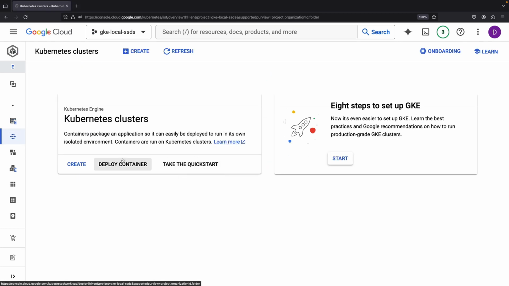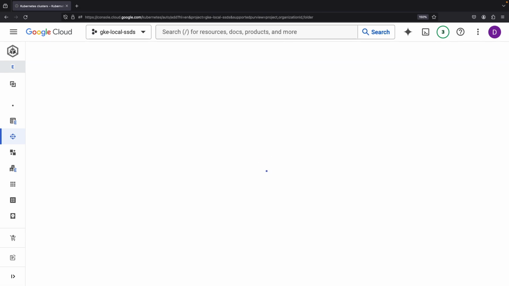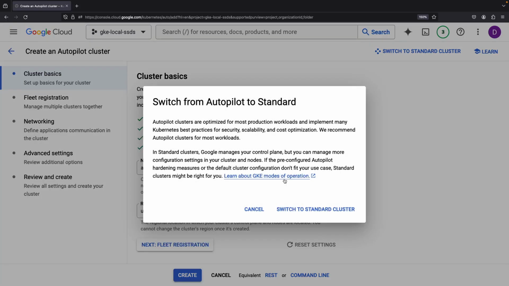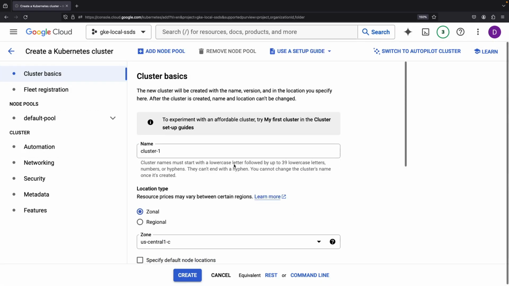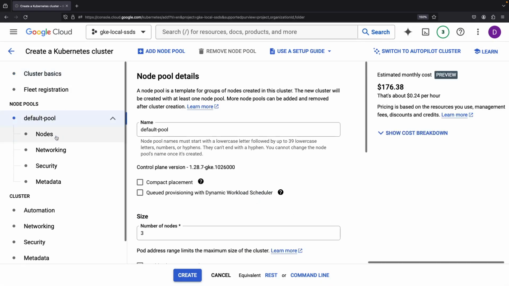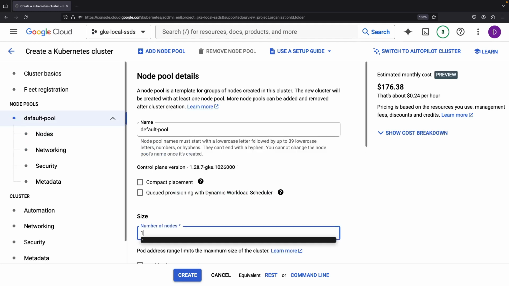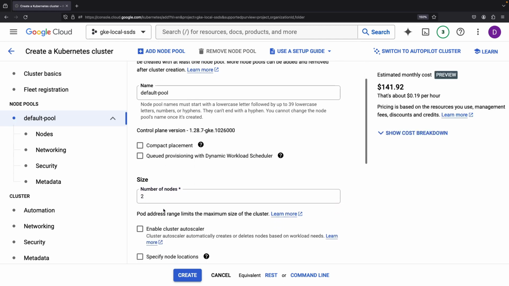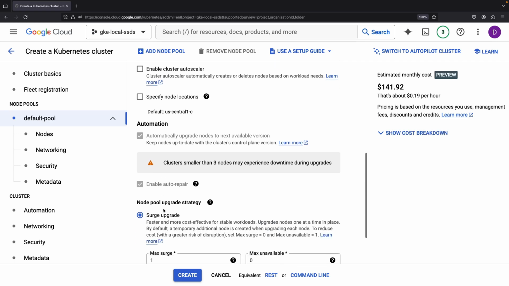This is where we'll construct our standard cluster. Remember, this choice is critical because autopilot clusters do not support local SSDs. Let's then opt for a standard cluster configuration and subtly adjust the default node pool configuration. Thinking ahead, maybe 2 separate nodes are necessary. 3 is typically recommended for high availability, but we want to keep things simple for a more straightforward hands-on review